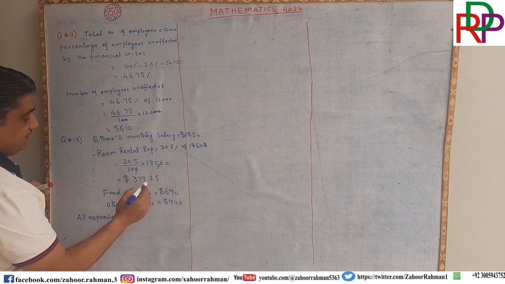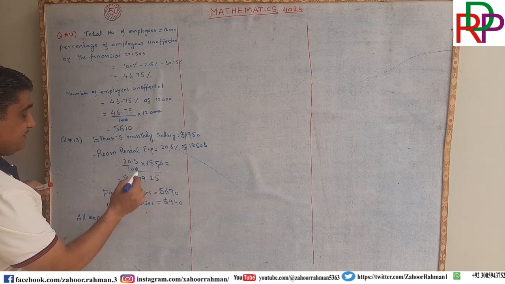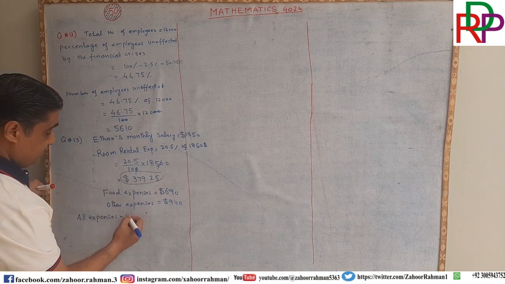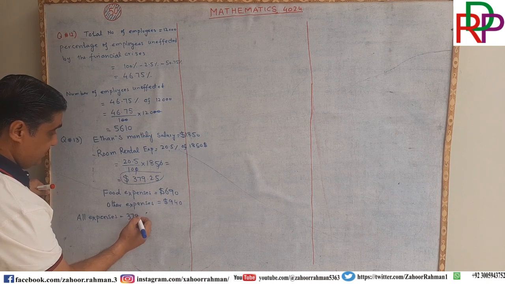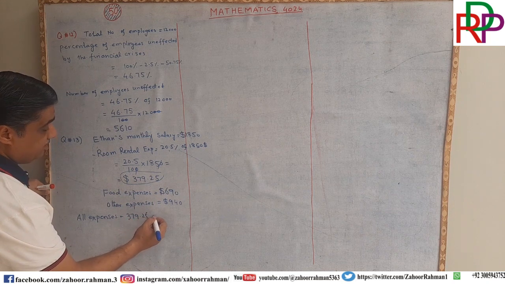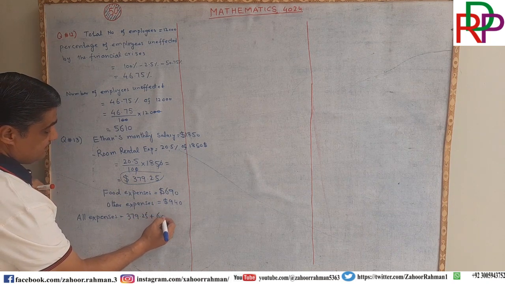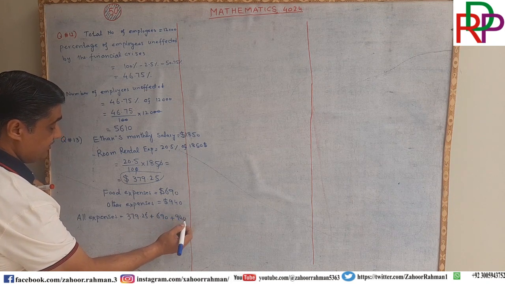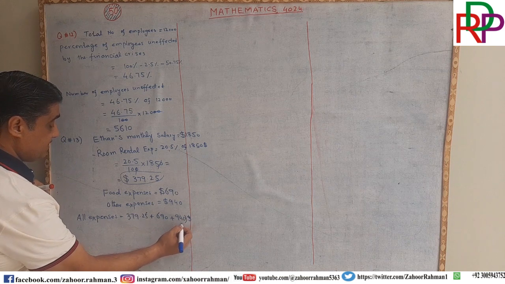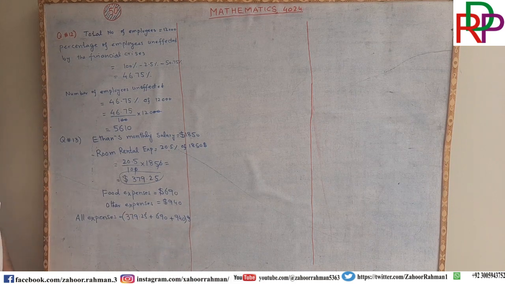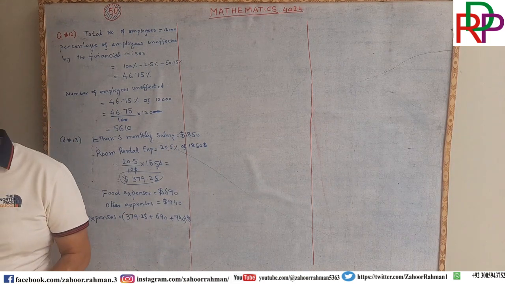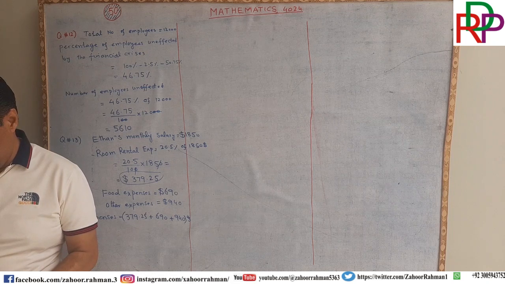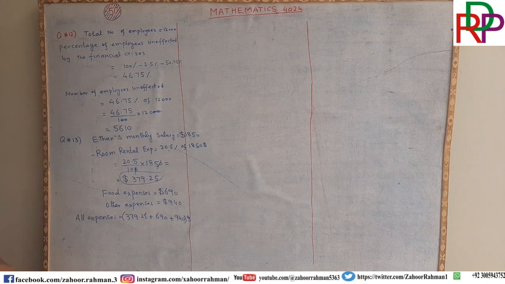Number one, that is this one, 379.25 plus 690 plus $940. These are the expenses, and when we add this and then subtract from it,